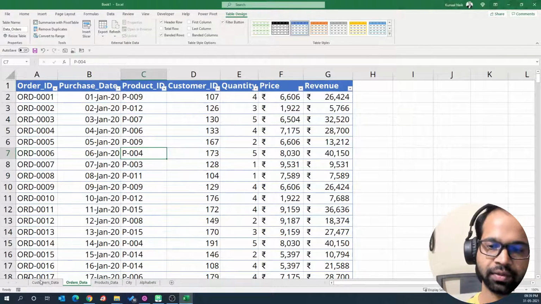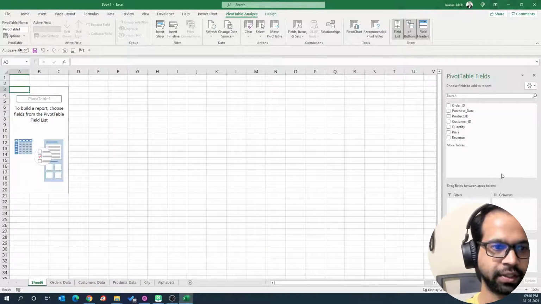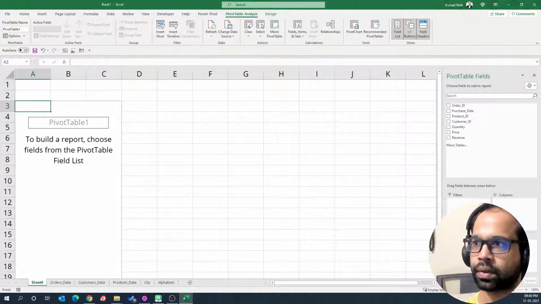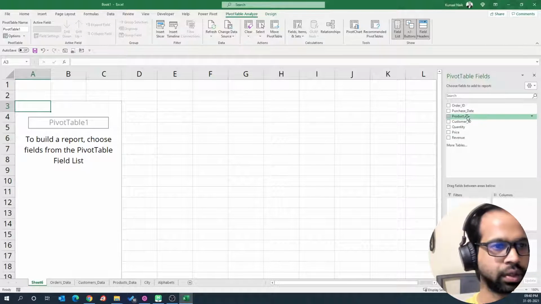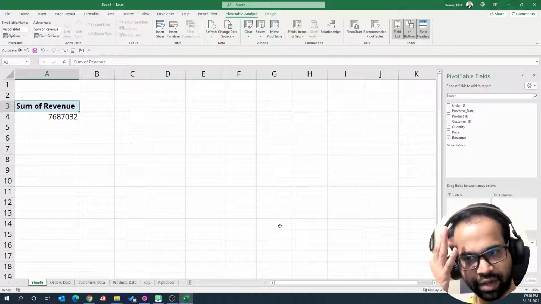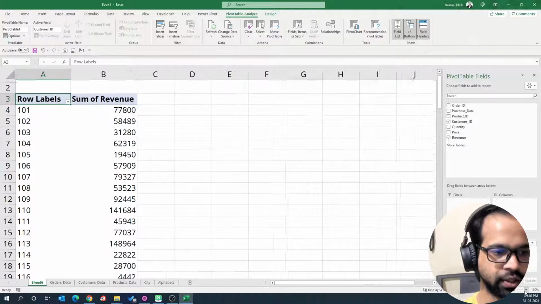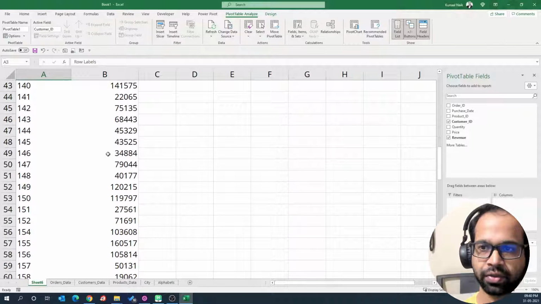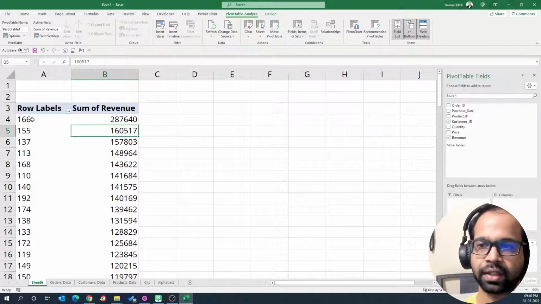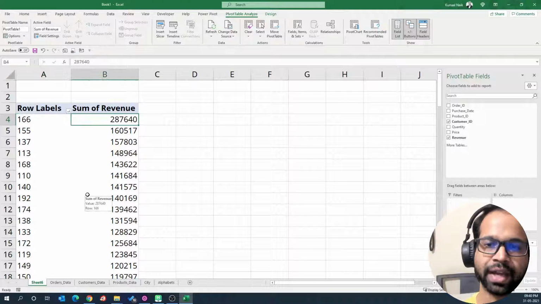For this particular thing, we're going to create a pivot table on top of this to quickly get the summary of it, right? So I'm going to expand this a little bit. Okay, so I'm going to take revenue first to the values area. This is the revenue generated, and I'm going to take customer ID here in this place, right? And as you can see, I'm getting the revenue for the customers, but I want to find out who did the maximum revenue. So the customer with customer ID 166 did the maximum revenue,